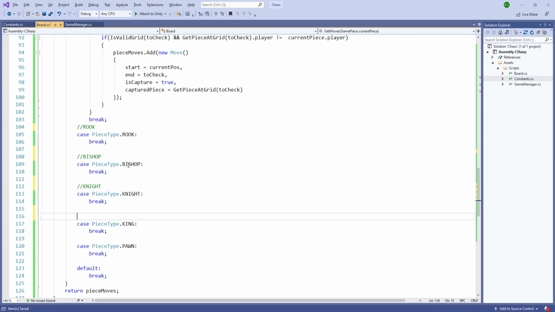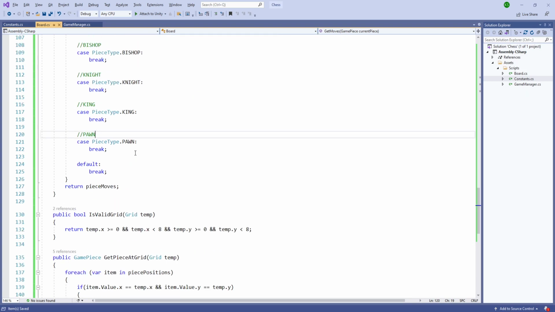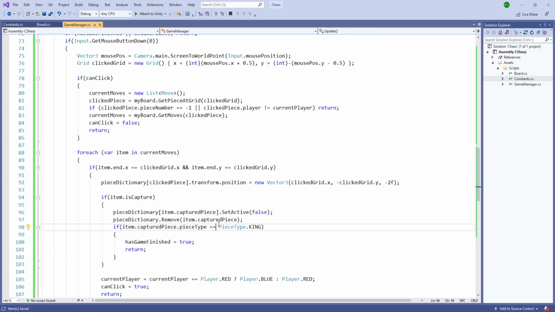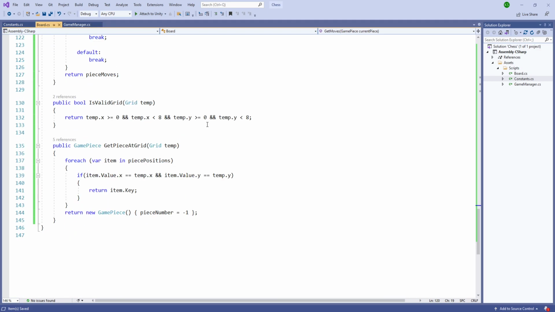Let's do king and this one or the pawn. So it should return the active moves and we should be able to capture. Now let's add the update move. So the update move will just change